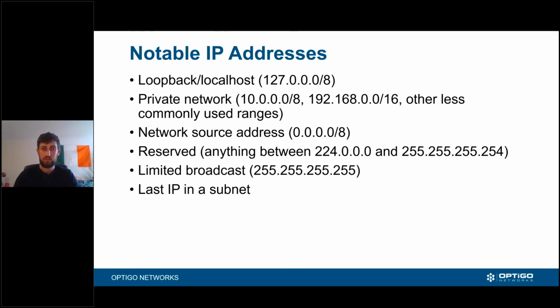The second one, the private network, is important to know. There are a couple of ranges you can use if you're setting up your own network, and it's meant for a local area network. It's the same thing as unregistered frequency bands in radio. And the third from last one, the reserved one, just a quick note, this is a multicast, a broadcast multicast range.